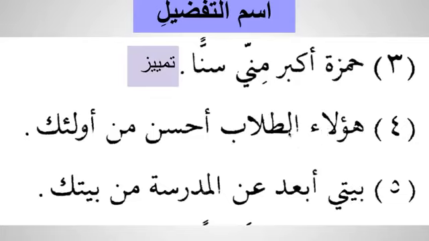So next sentence, ha'ula'i tullabu. See, ha'ula'i is ismu ishara followed by al is badal. It's mubtada. Ahsanu. So here it's got plural, but here we still be using the ahsanu. We don't have any plural form of af'alu. So it's ahsanu min ulaika. These students are better than those.